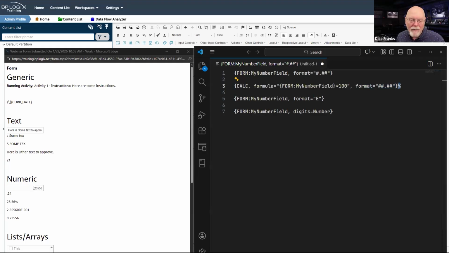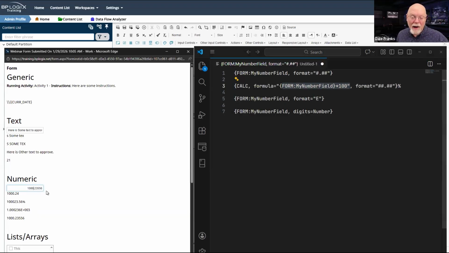So when given a decimal value, it is going to give me 23.556. So if I put 1,000 there, it's going to give me a much, much larger percentage of 100,023%. So I'm doing my percentage calculation, which implies, of course, that I am in fact expecting a decimal in this field.